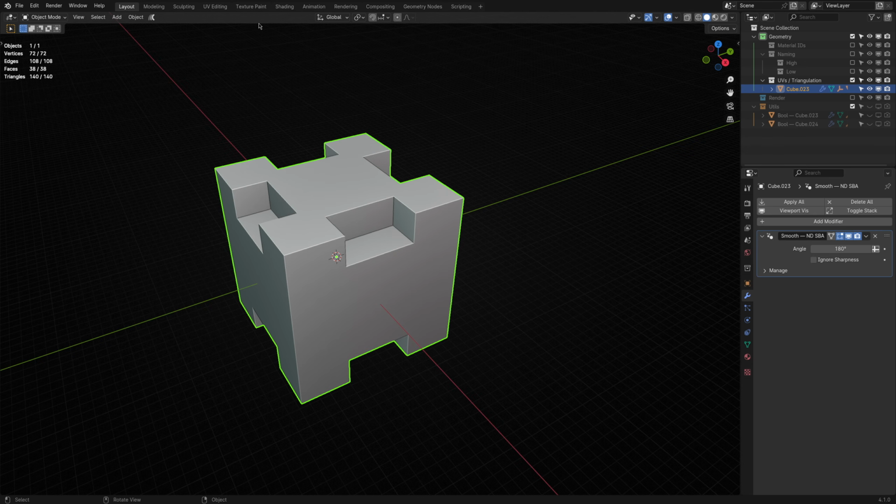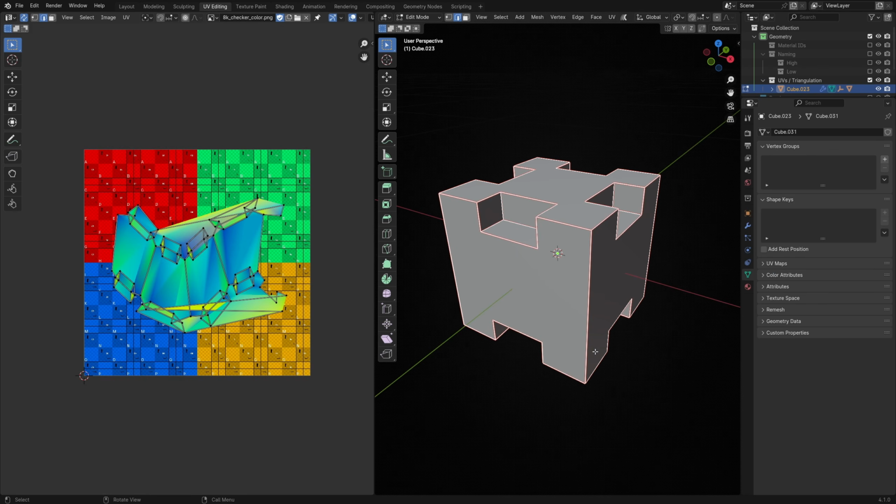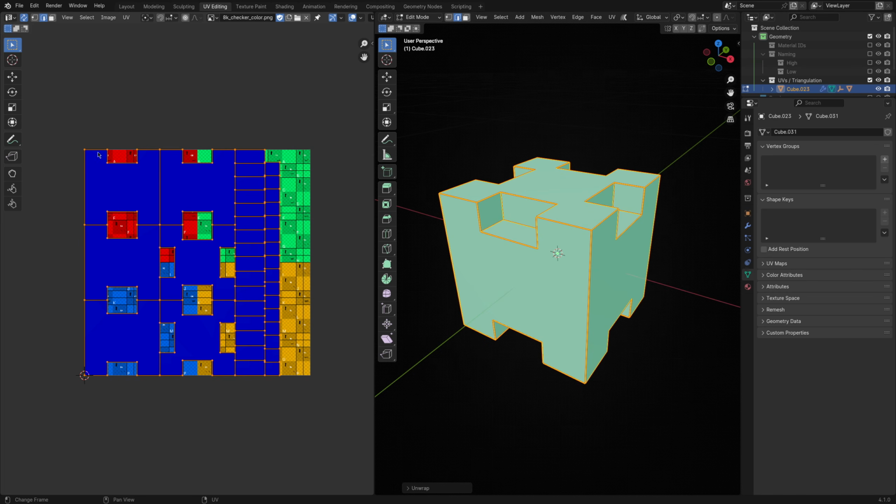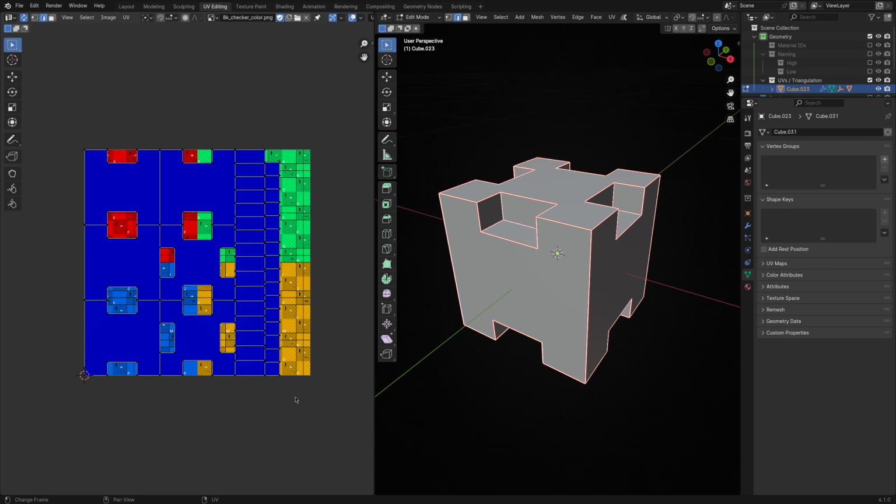Let's jump over to the UV editing workspace and look at the result. I'll start by ensuring I have selected all the geometry, then run a UV unwrap, and voila, we have a perfectly unwrapped object. Of course, if your object is more complicated, you'll still need to add additional UV seams to reduce stretching and perform a complete unwrap, but this certainly removes a large, tedious chunk of the work.